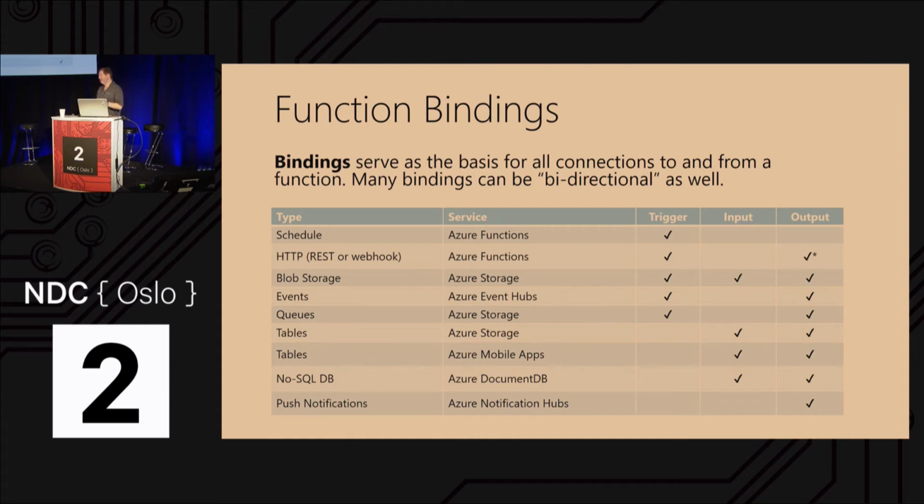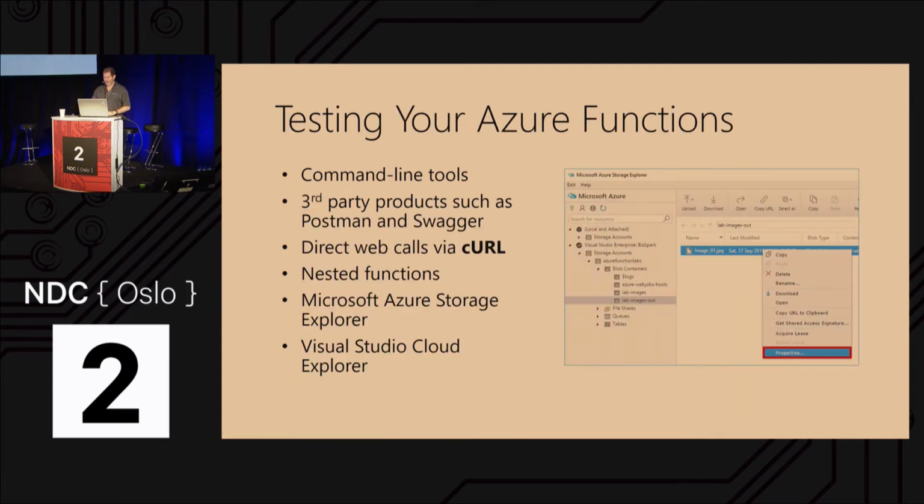And I only included this for completeness so that if you guys ever want the deck, you can have the slide. There's no reason for me to go into it. But this kind of shows you what kind of triggers you can have for the various types of Azure functions. So we're going to do Blob Storage. You can see there's a trigger for that. It has an input, it has an output, that kind of thing. This is really just extra information for anybody that wants to look at this deck.